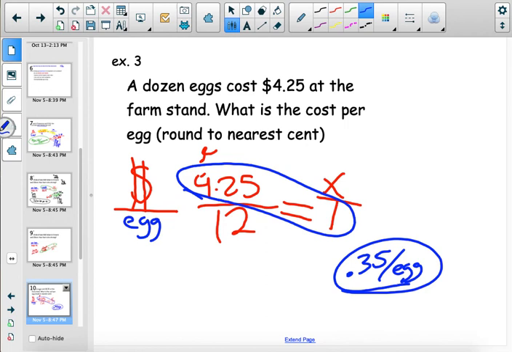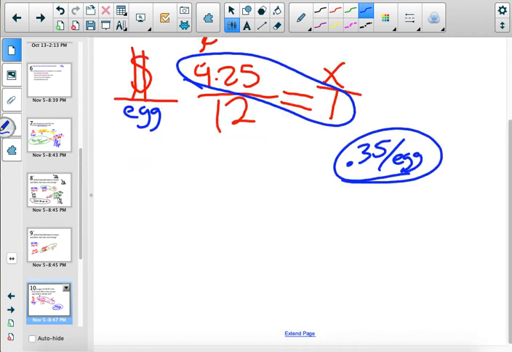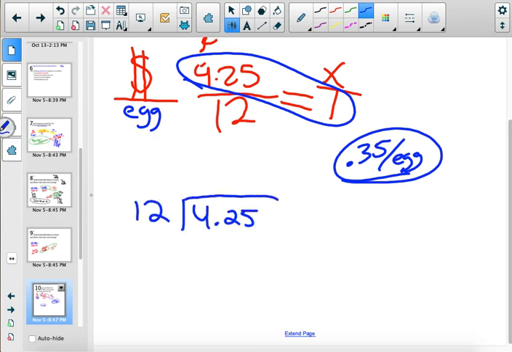Alright, well, we're going to go through it because on some of the checkpoints I had you divide. So 4.25 divided by 12. First question somebody came up and asked me: do you have to move the decimal? No, because there's nothing to move out here, so you can just pop it right up there. Does 12 go into 4? No. Does it go into 42? Yes, 3 times to make 36.